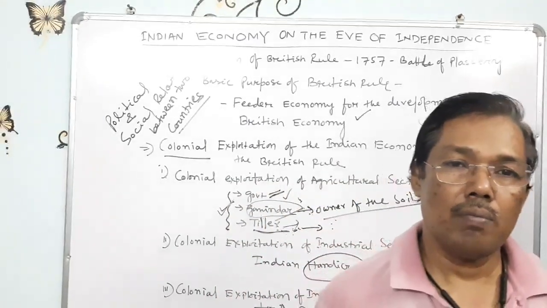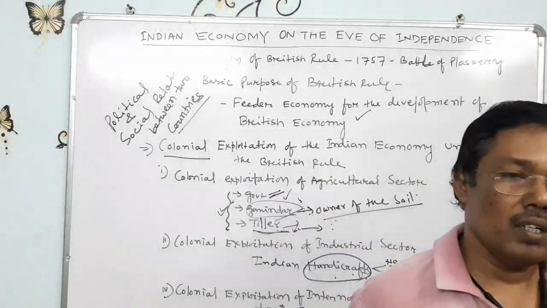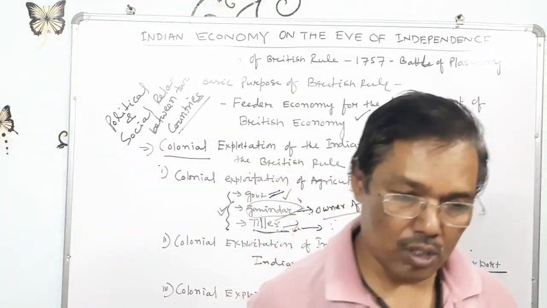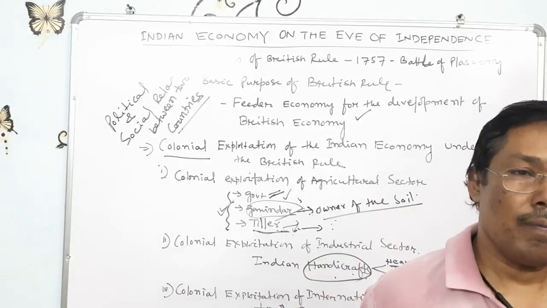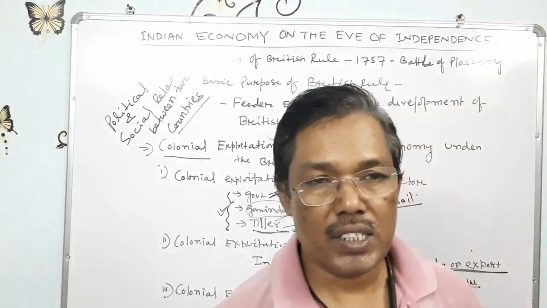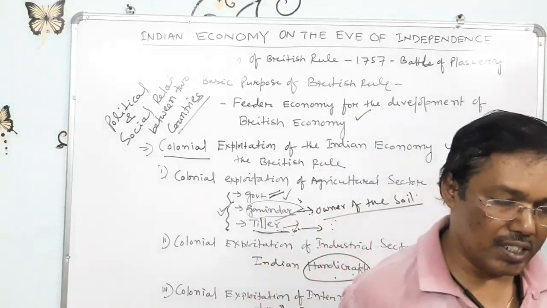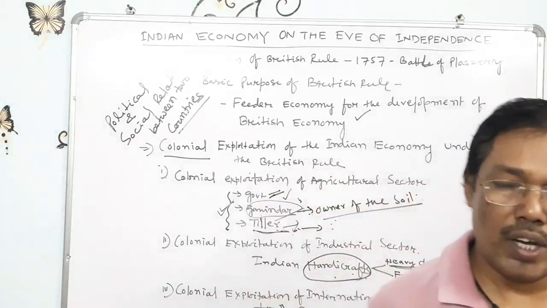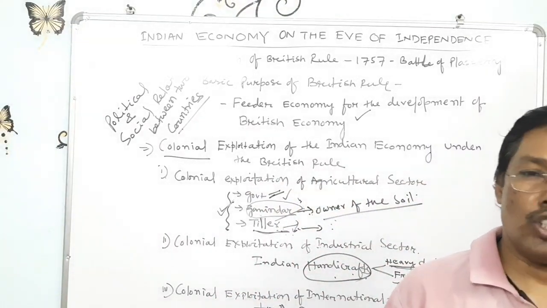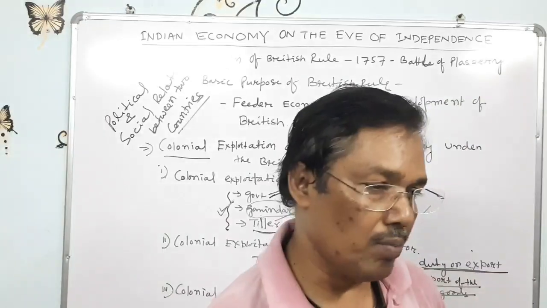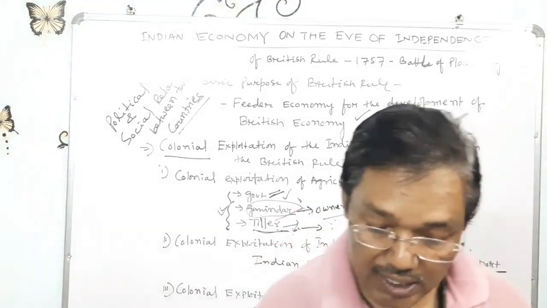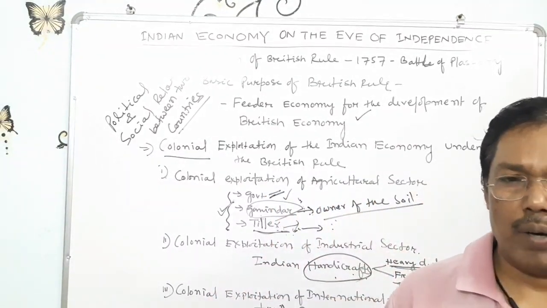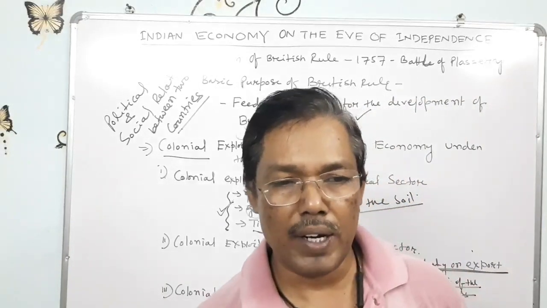The most important reason is India's population, or the growth rate of population. Because we must compare how much percentage the national income increases against how much percentage the population increases. So if the rate of growth of national income is more than the rate of growth of population, then that is called a real increase in the national income. This is the present situation whenever we calculate national income and per capita income.